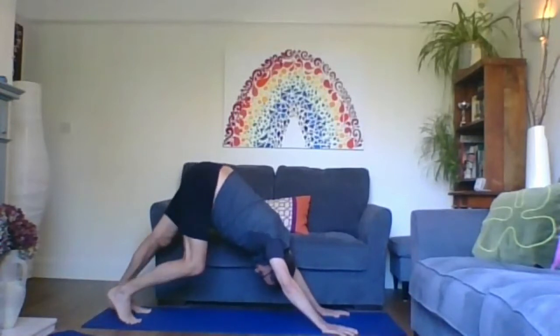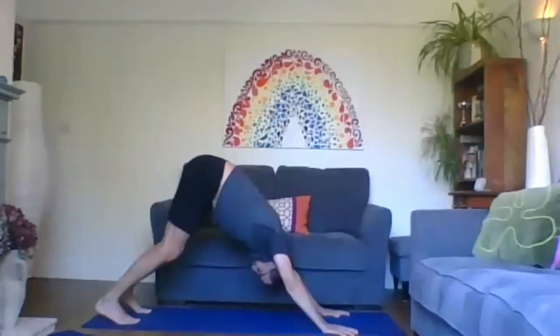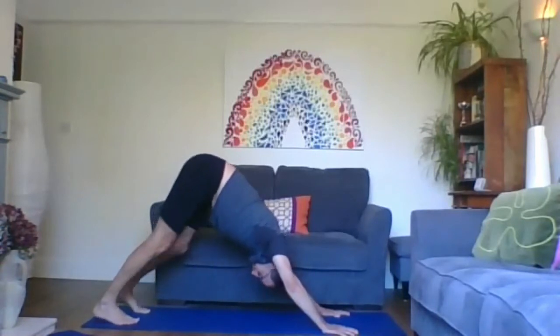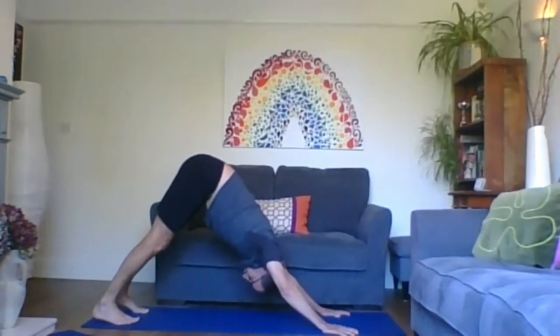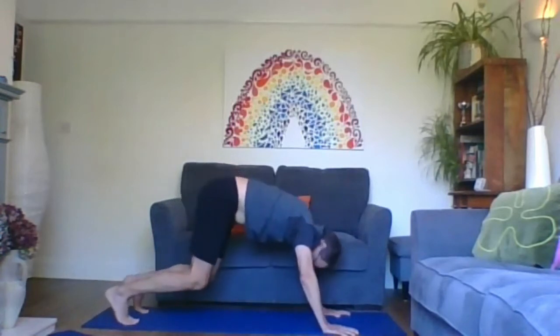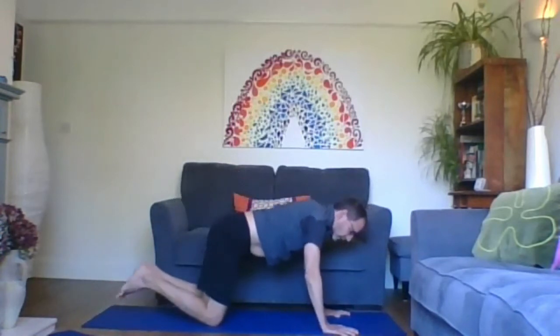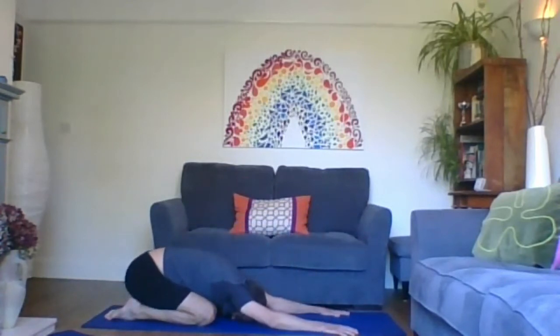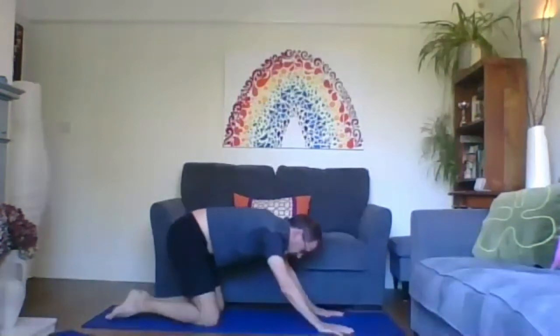After that, quite a strong frog posture, wide-legged child's pose, and then straightening both legs and pressing the heels and just looking towards the knees so you can lengthen the back of the neck, and then from there let's just release the knees down, coming back into child's pose momentarily, and then up onto all fours,